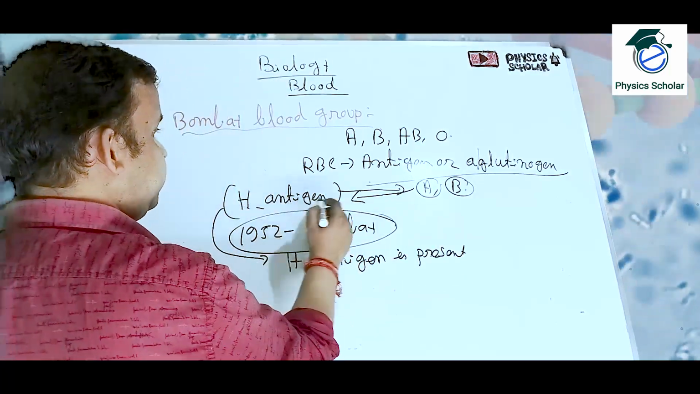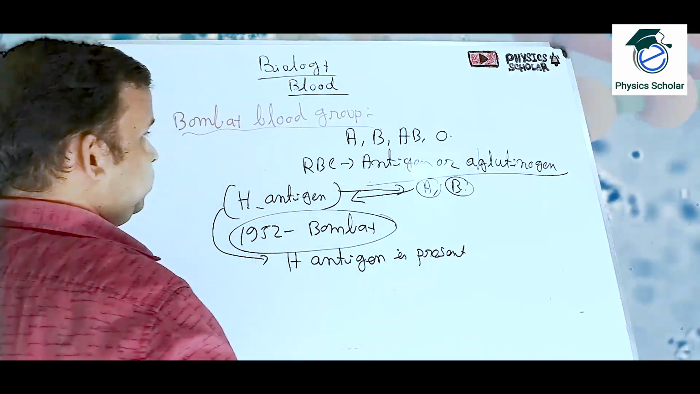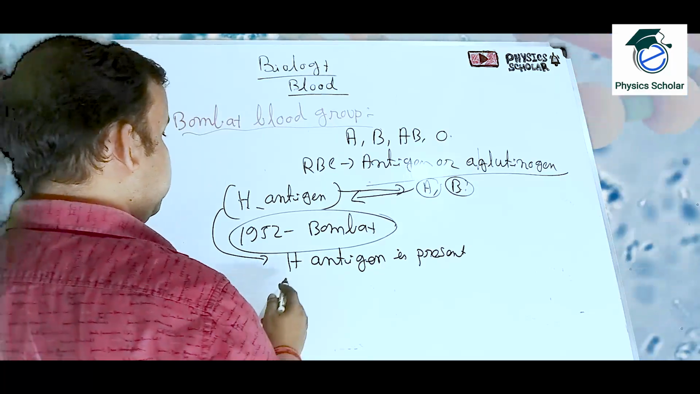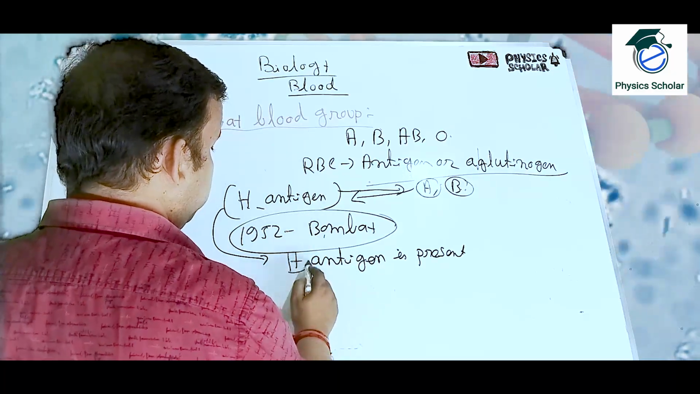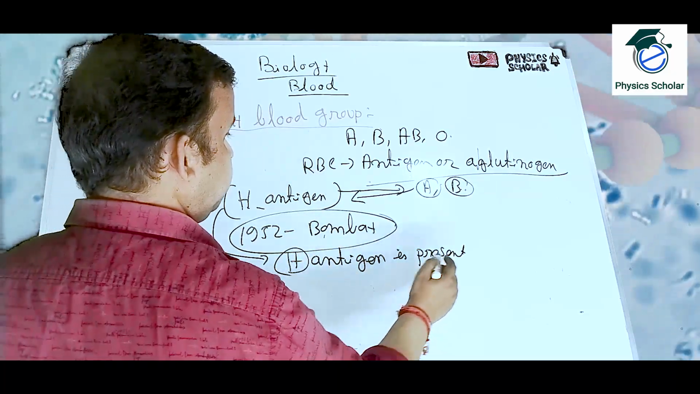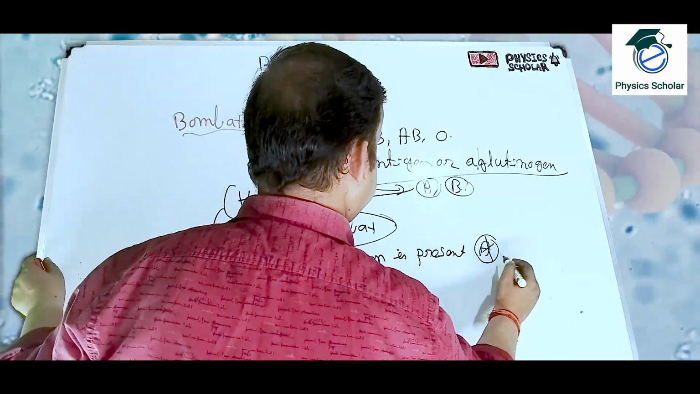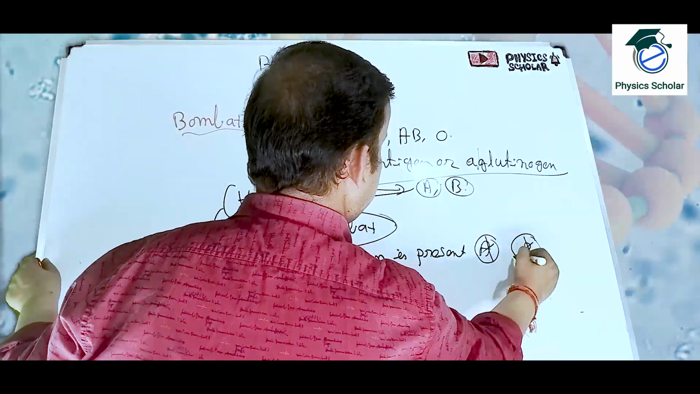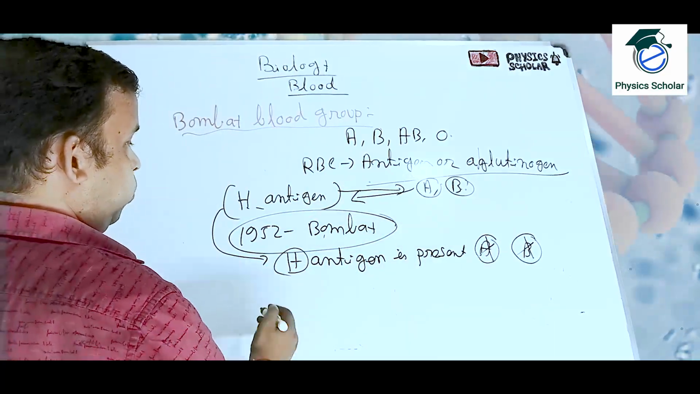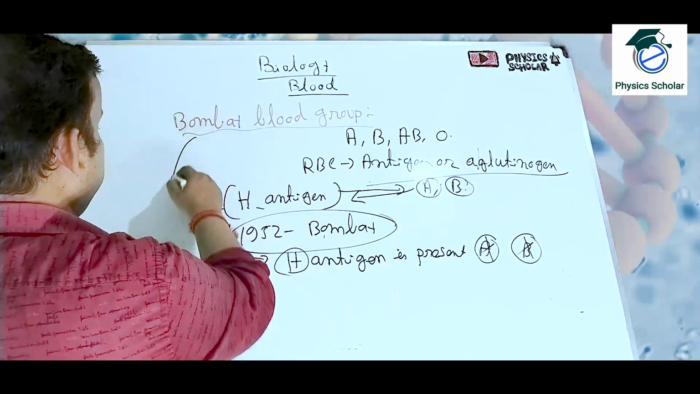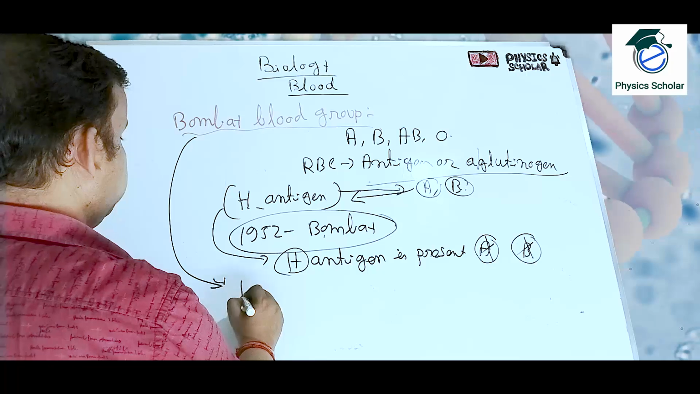So from H antigen, either A or B agglutinogen or antigen will be generated, but in his body no H antigen will be present. That means A antigen will also not be generated, and B antigen will also not be generated. So what will happen? This is a rare blood group. This type of blood group is known as Bombay